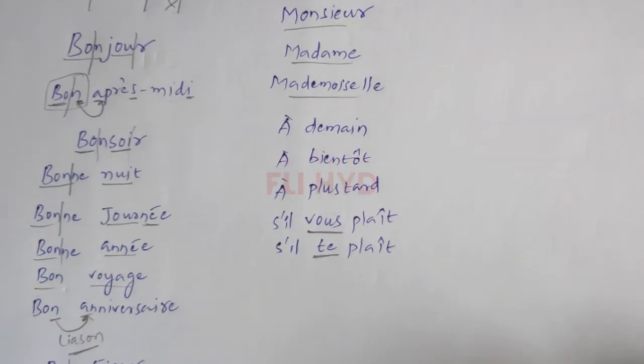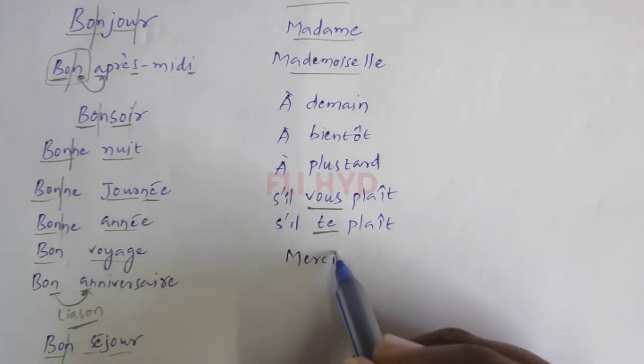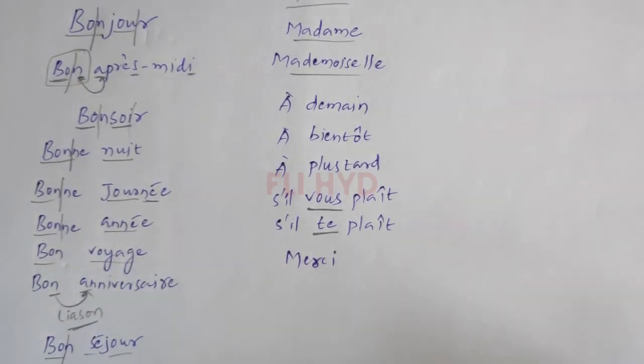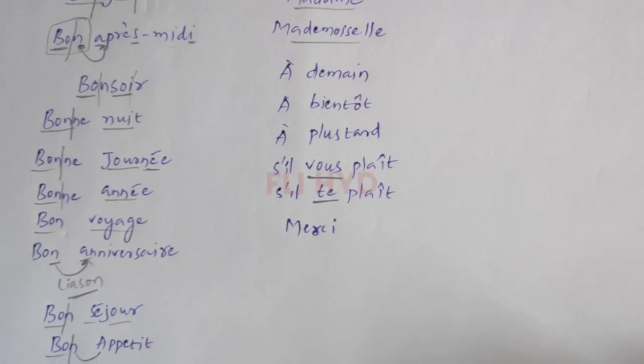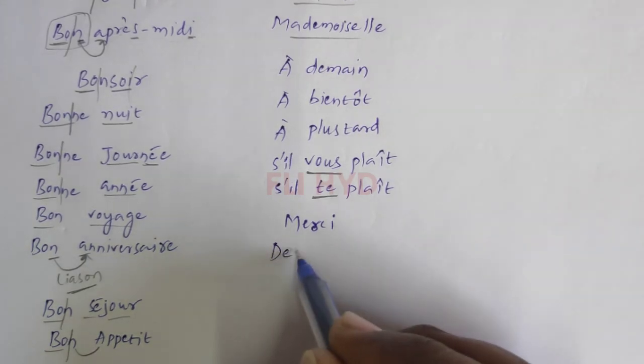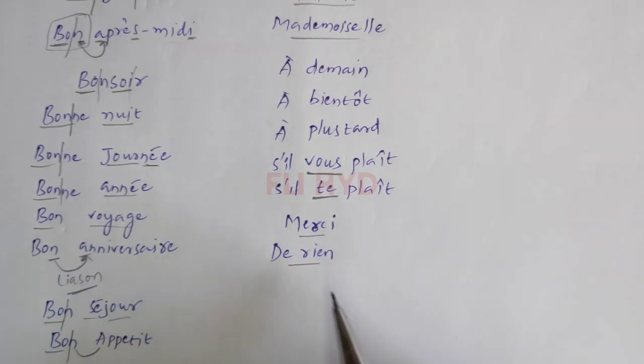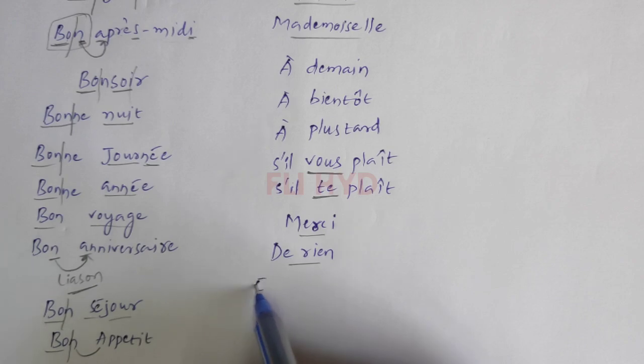Next, if you want to say thank you to somebody, then we say merci. Merci, thank you. And if somebody says thank you, then what do we say? You are welcome. So the reply for merci will be de rien. De rien, you are welcome. So merci, thank you. De rien, you are welcome. And if you want to say excuse me,